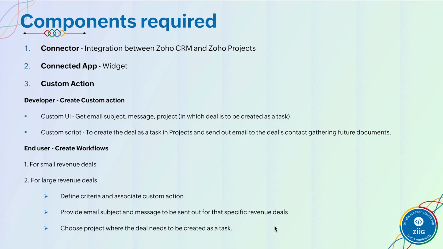So in our extension, to achieve this use case, we would ideally require three important components. The first thing is going to be a connector, which is going to help you to establish a secure integration between Zoho CRM and Zoho Projects. So why do you need the secure integration? Because we are going to be pulling and pushing data across these two applications. We are taking all the projects from the end user's Zoho Projects account and displaying them as part of a custom UI in CRM. When data transfer between two applications is going to occur, that has to be secure, and that can be achieved using this connector feature.